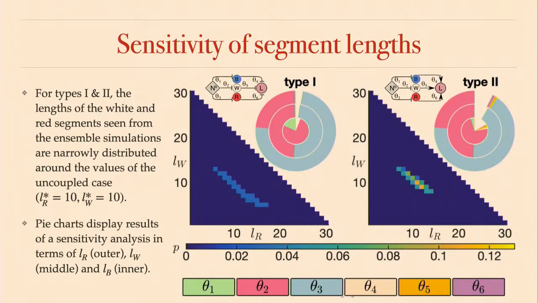So in type 1 and 2, where some interesting stuff was happening, what we can do now is, just like how we obtained the S1 by looking at how the color was changing, we can also use the same analysis to see how the length of the domain is changing. So for a given set of parameters, we can see how this is affecting the lengths of the domains, right? And okay, without getting too much into it, basically what's shown here in these pie charts is basically